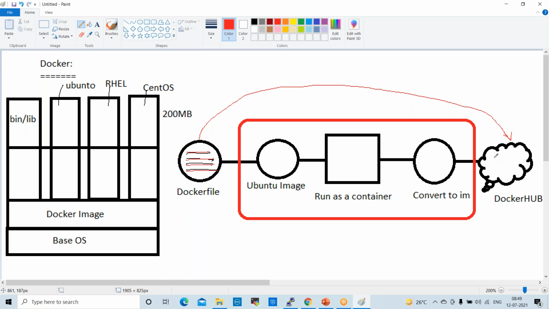Yes, sir. Simply, they can download from the Docker Hub. We should not call these servers; these are the containers. In real time, whenever a project is required, we create the server side. The same way here we create containers, and we can push to Docker Hub to make it available for all the team members. Whenever they require, they download into their local. They use that container and work on that container.